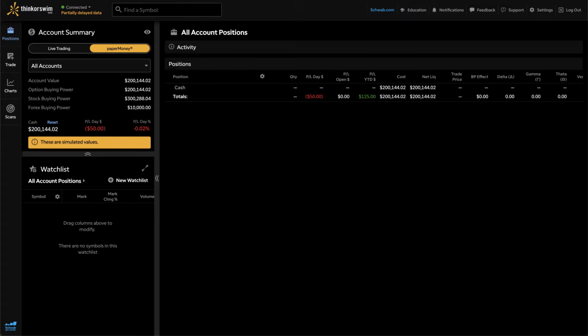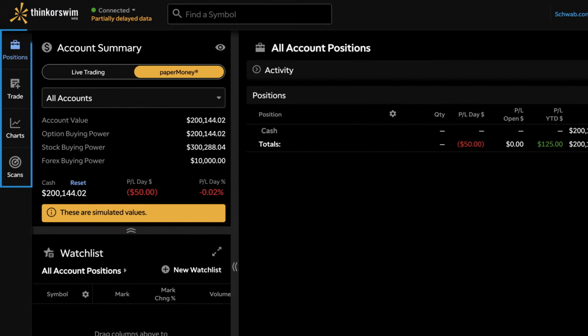Trading futures on Thinkorswim Web allows you the ease of placing trades without having to download an application. The platform is straightforward. It takes many of the essential tools from the Thinkorswim software and makes them easier to access and learn. I'm going to show you how to enter, check in on, and exit a futures trade using